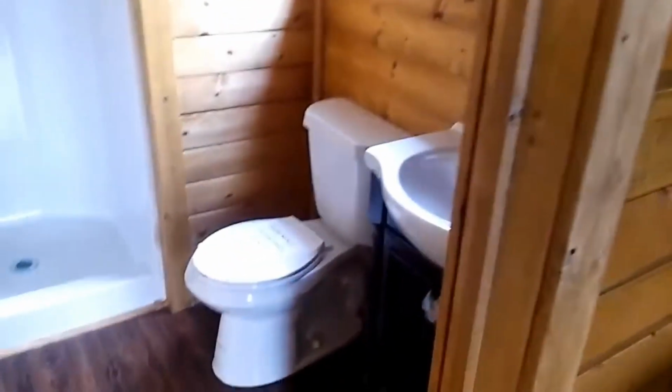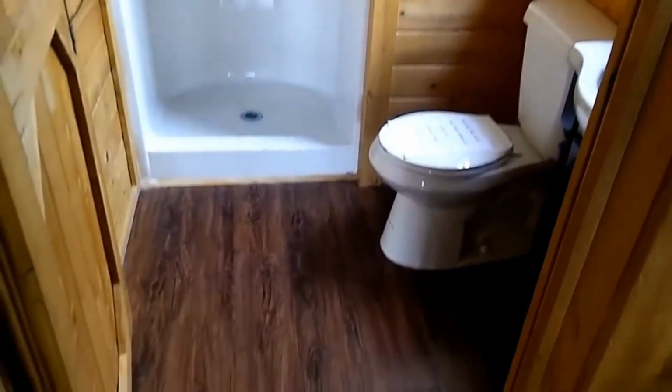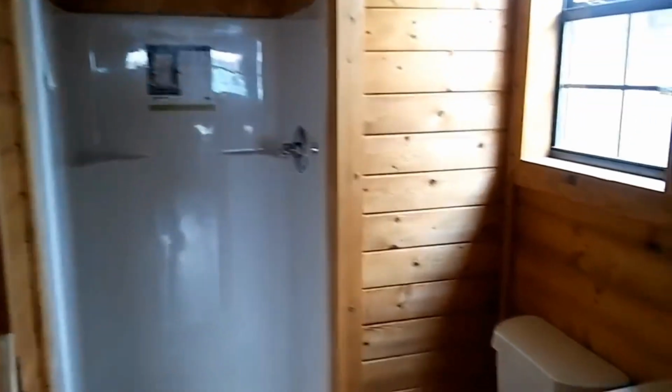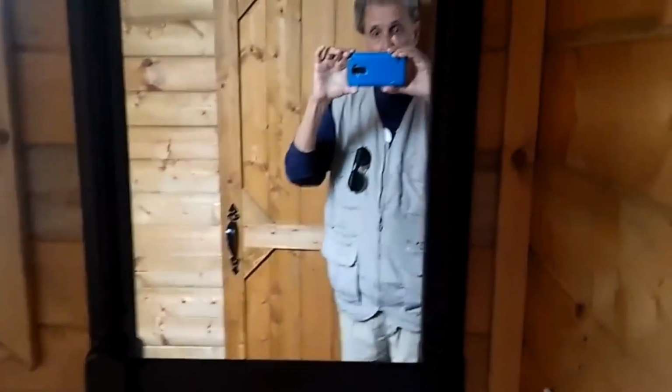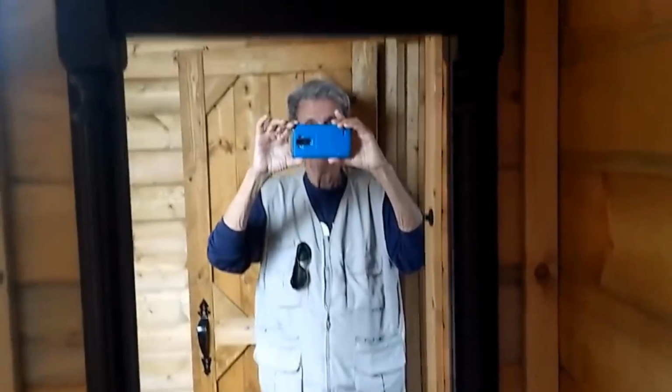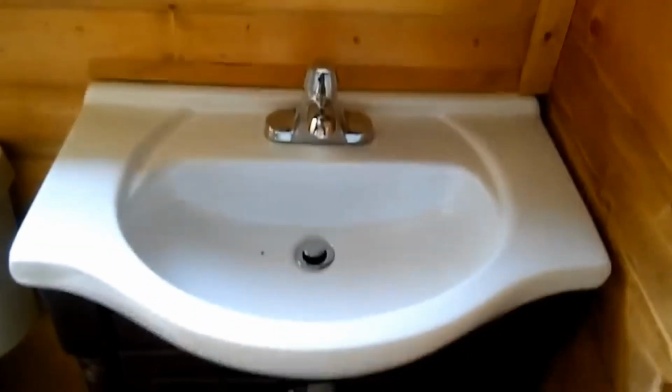It's even got a full bath and regular shower. And I'll get in here and let you see this. And this is the bathroom. See that handsome guy there with the camera? That's you know who. And anyway, it's got some lights up above. And we'll come right on down. It's got a nice little bathroom sink, some cabinets underneath,